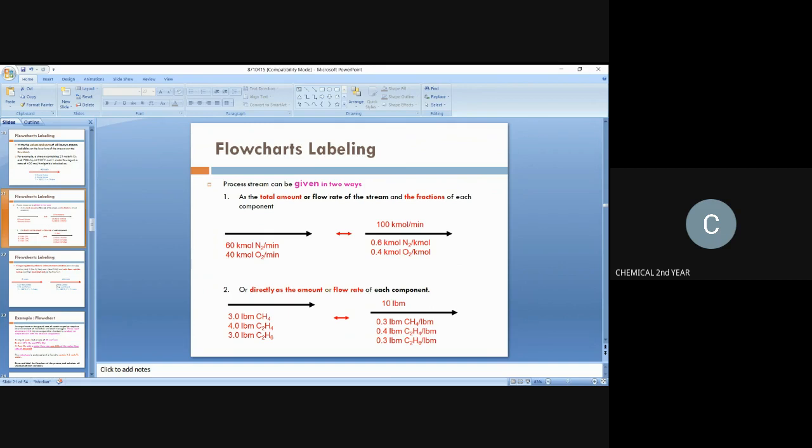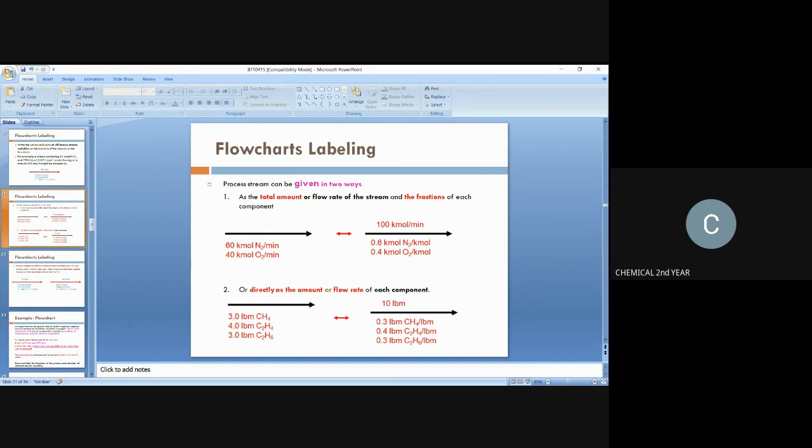Versus 60 kilomole of N2 per minute and 40 kilomole of O2 per minute. That is also equal to 100 kilomole per minute, with 0.6 kilomole nitrogen per kilomole and 0.4 kilomole of O2 per kilomole. Or the stream can be labeled with the flow rate of each component as